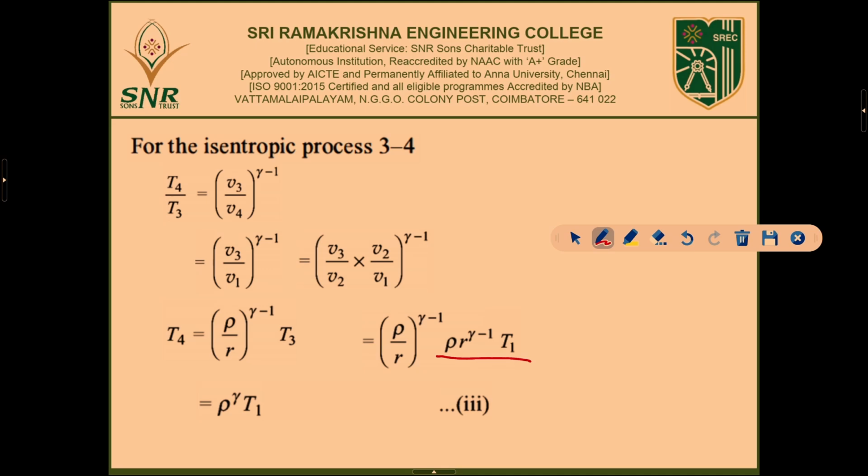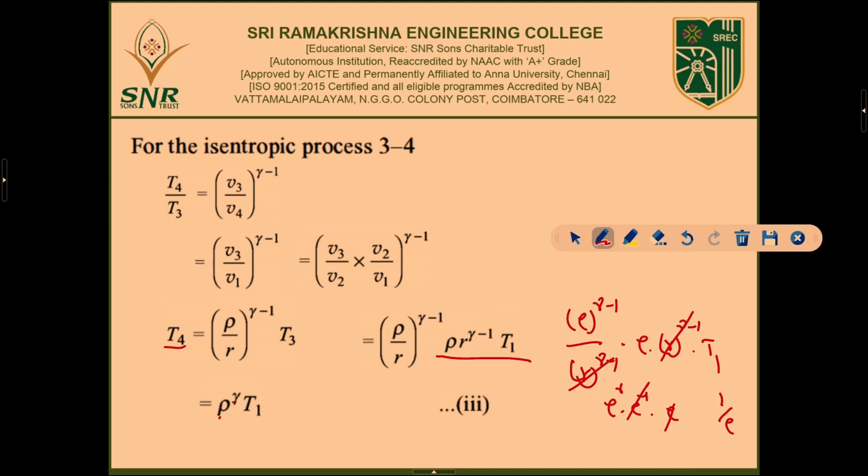If you want to simplify this further, that is rho power gamma minus 1 divided by R power gamma minus 1 into rho into R power gamma minus 1 into T1. The R power gamma minus 1 terms get cancelled. Here you can write it as rho power gamma into rho power minus 1 into rho. So the rho power minus 1 and rho get cancelled, since rho power minus 1 is nothing but 1 divided by rho. So the left thing is rho power gamma into T1. That is why they have written over here that T4 is equal to